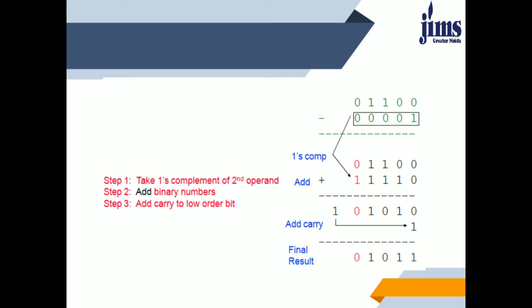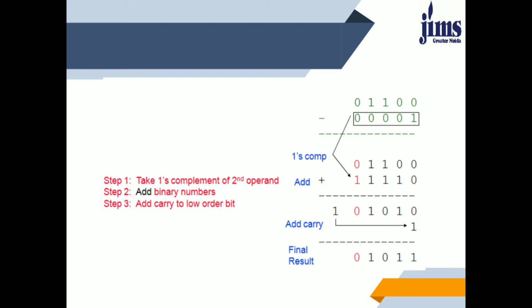See here. After taking the complement, we will add this subtrahend with the upper number. Okay. Now, after addition, what will happen? See, here carry is generated. So, in a similar way, like we were doing in the addition, we add the carry. If carry generates, then we will add that carry into the LSB of the answer. See, 1 is generated here. So, we will add this one with the LSB of the answer.